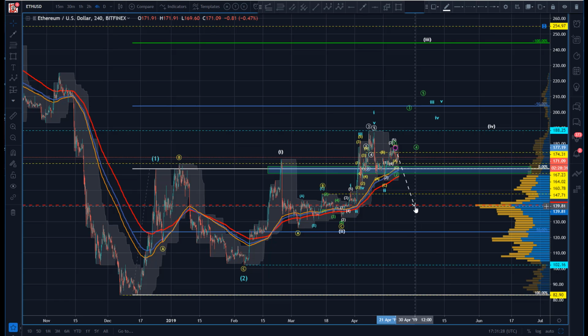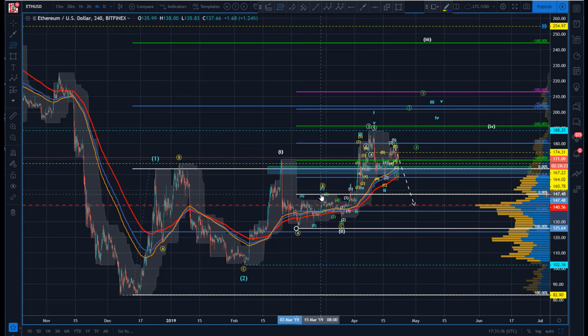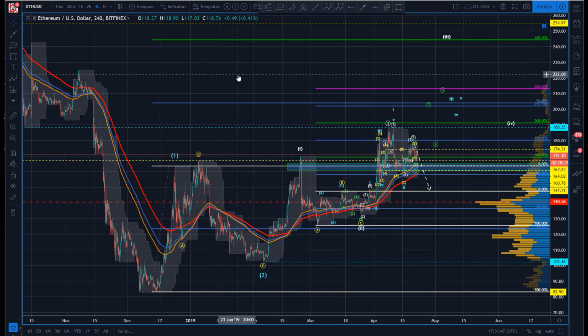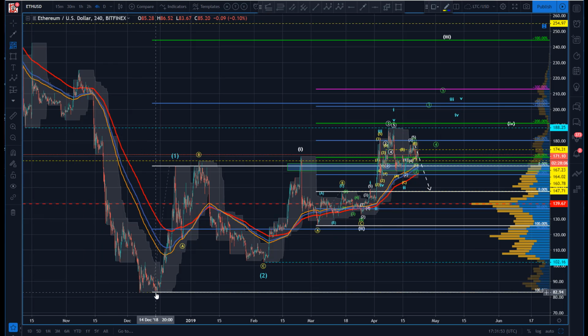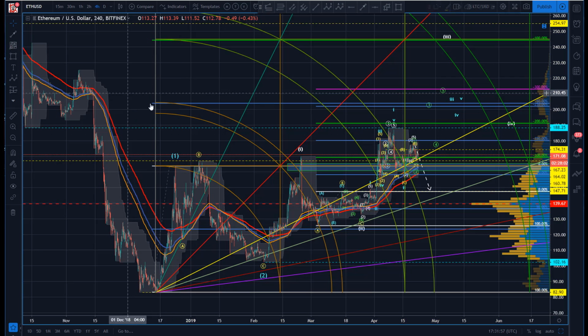So then the other thought is we do the same thing here with this range expansion, because I've got it again. This is my secondary range. See, here's 200%. So I would be anticipating this to hold. It's been a while since we looked at this, but here I might go to my Gann square and say, well, how am I looking here if I'm going to use this as my,